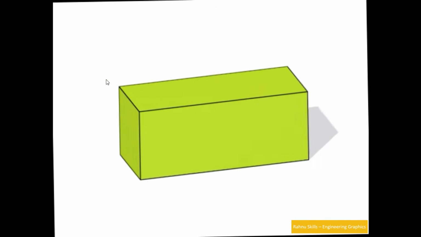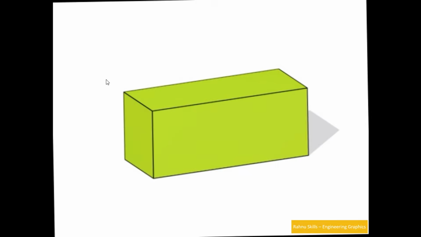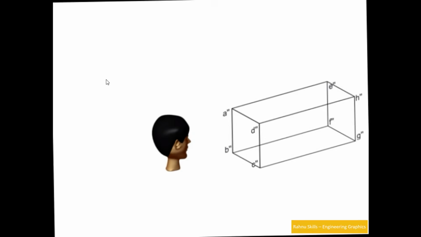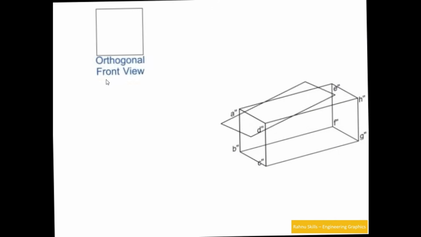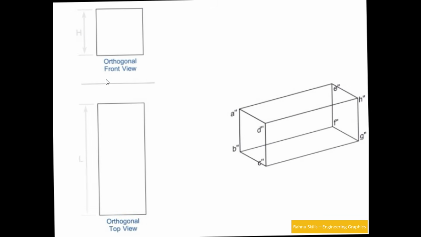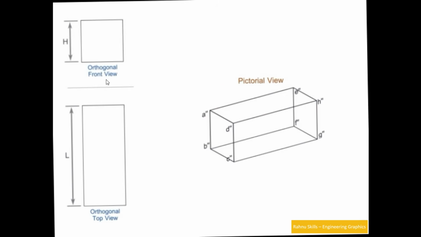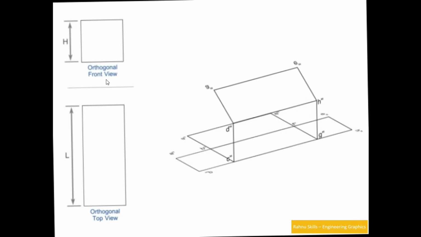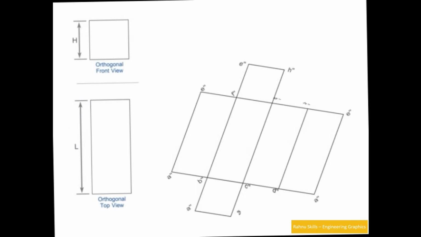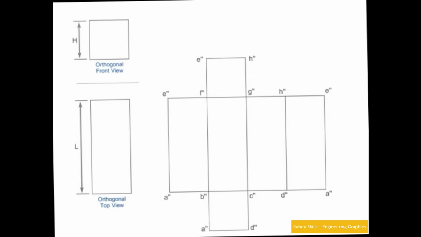So when we design an object, we cut and unfold in design. If I take the same question in this form, how are we going to solve this on the sheet? So let's say this is the front view, a square, and the top view, a rectangle. Now that was the 3D object. Now you have to do this thing in imagination. In the pictorial view, if you are developing, means you are cutting and unfolding. So let's say we have cut the object like this, and after cutting we are unfolding the object in this form. Now if I have to make the developed area, it will be like this.